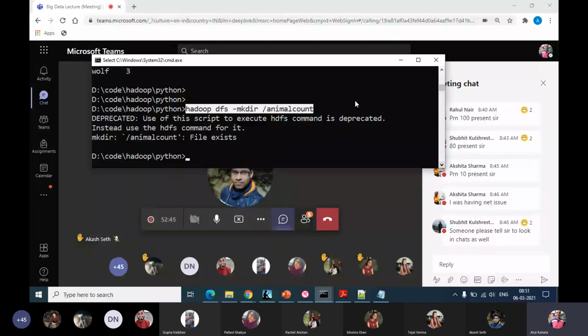When I try this command, since I've already created this, it gives me this error. If you have also run this successfully before, you will get an error. If you have not been able to do so, or you hadn't run it previously, it will create this directory called animalcount inside HDFS.